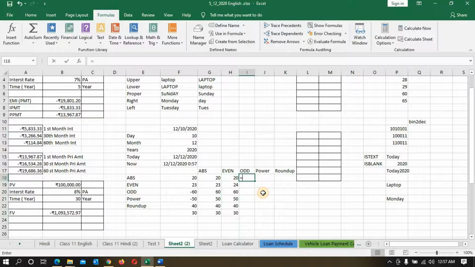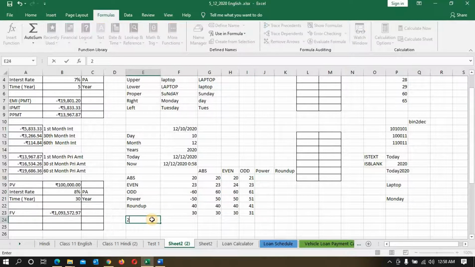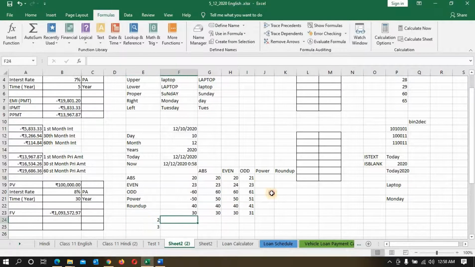In the same way we have odd, so formula odd, and this will tell us one more, plus one more value. Then power. For power I will put here 2 and 3. Then I will find the power of this, what is the power of 20. So I will put power,